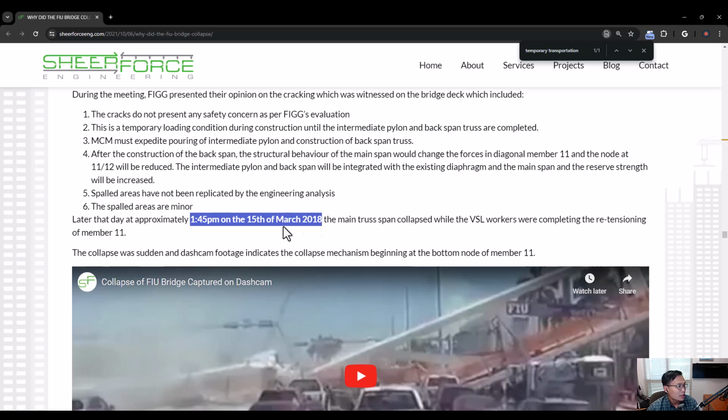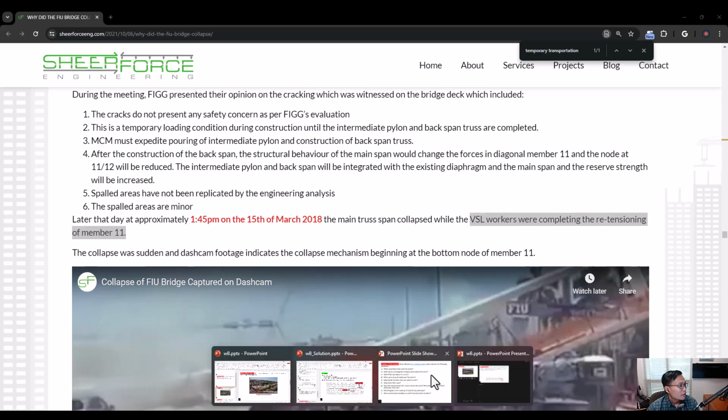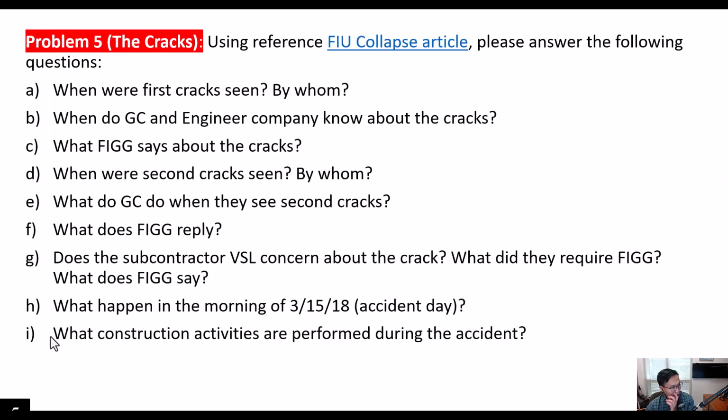So you see that it collapsed, and it collapsed during the VSL worker doing the retensioning for the member 11 over here. That is also the answer for question I over here as well. So let's discuss over here a little bit. So you see that the